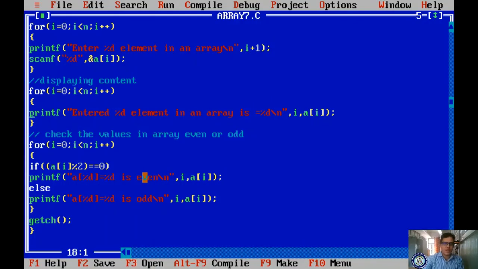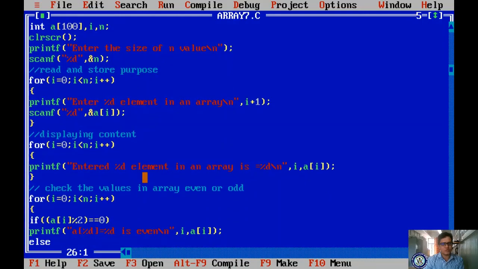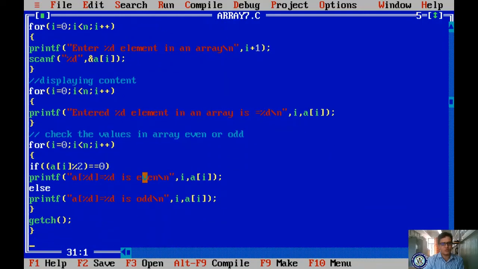So in your arrays, if you are using this concept, first you have to give the size of the array and store n values, for which we use one for loop, for displaying the content another for loop, and for processing another for loop. Okay, just remember this for arrays. You can also try some other programs wherever possible.